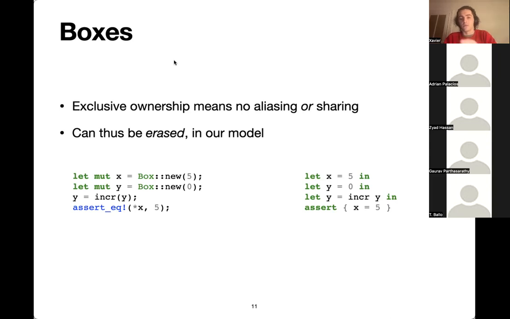On the right-hand side, I've written the RustHorn interpretation of these programs in the form of a simple functional language. We can then turn that functional language into constraint Horn clauses like they do in the RustHorn paper and tool, or in Creusot, where we actually do use a functional language. The two are equivalent.